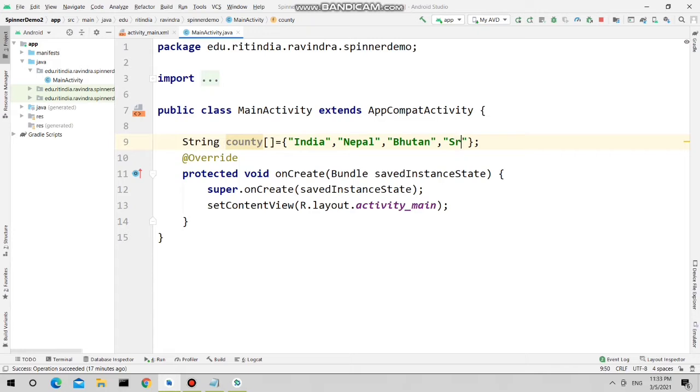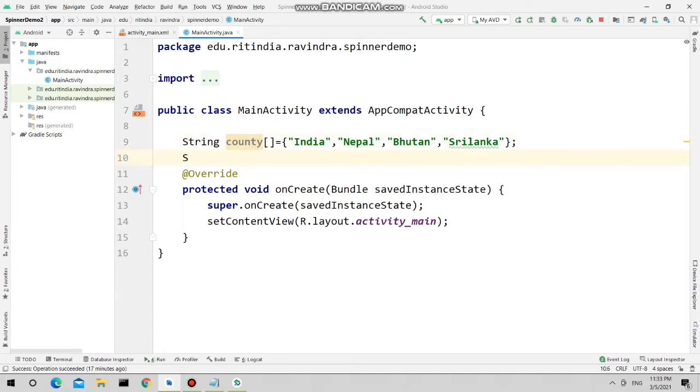I am storing four countries in this string array. Then create the spinner object. I'm giving sp as my spinner object.